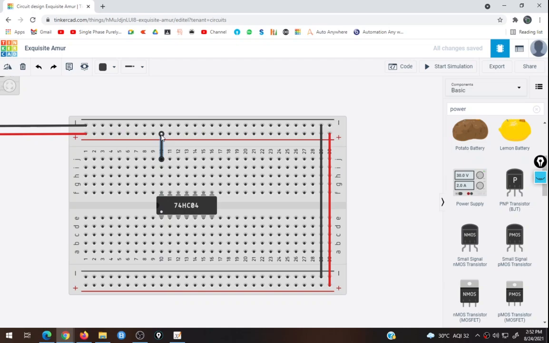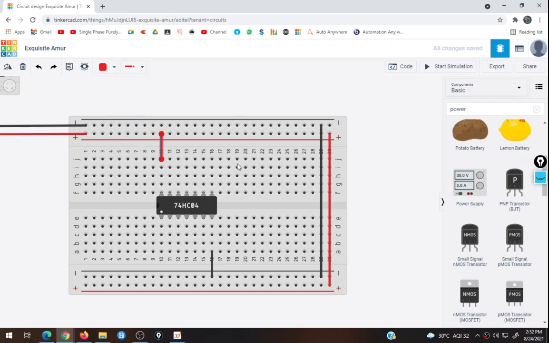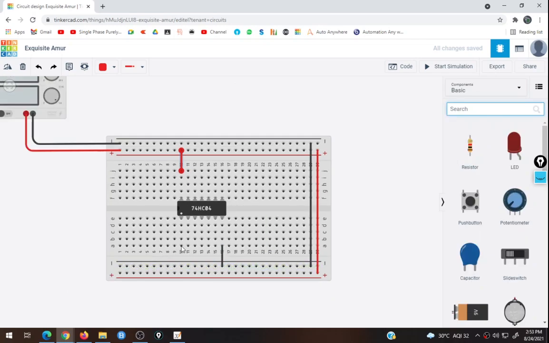Okay, now this is your pin number 14. So this is your power pin, so we will connect simply over here. What happens is this will be connected to plus 5 volt, so you will get the power to your IC. Similarly, this is your ground pin. So the ground pin should be connected to the negative wire. So this is your negative wire. Here you can see that all these are ground pins. Okay, so the IC is grounded like this. Since this is a power supply pin or plus 5-volt pin, we can change the color. So this is how you have to apply the power supply.